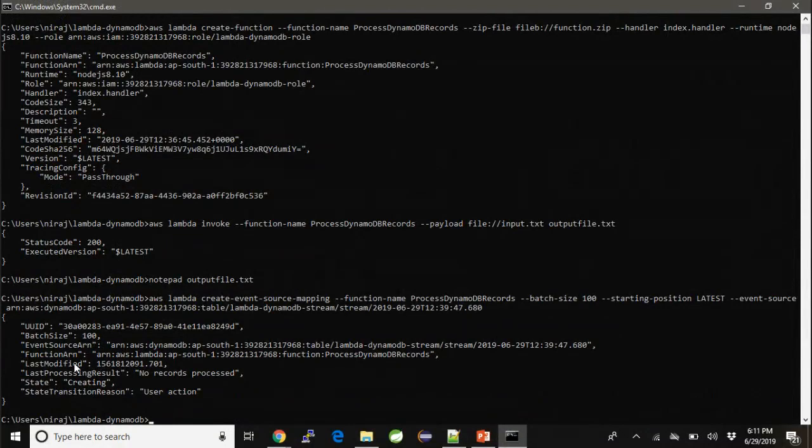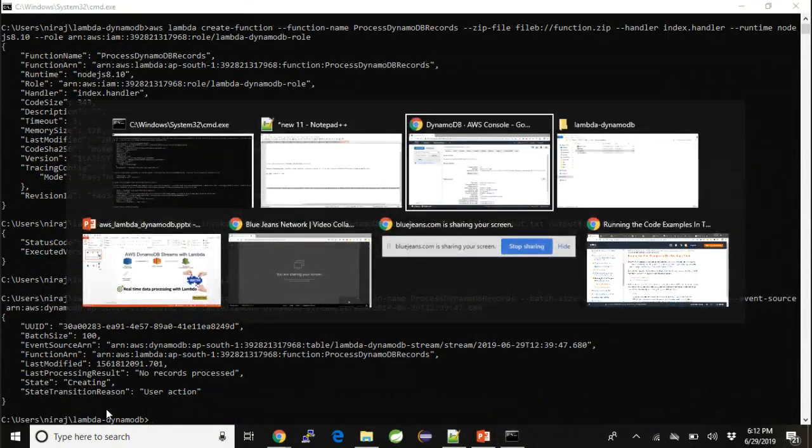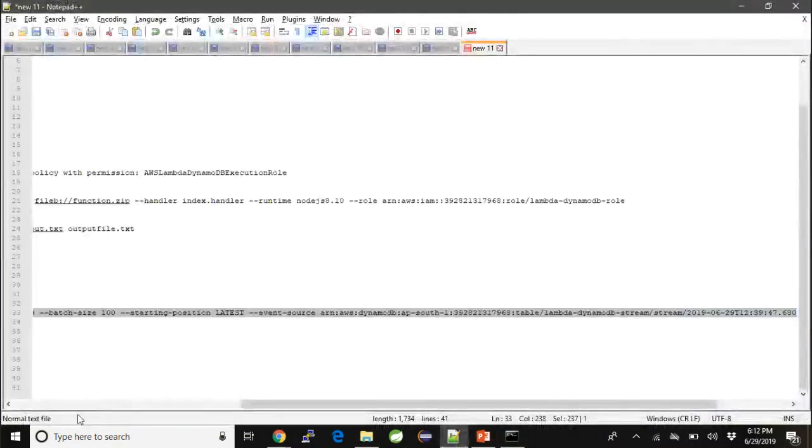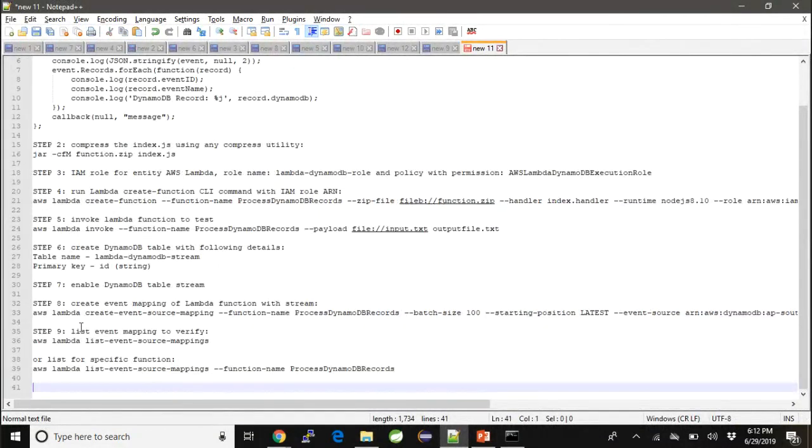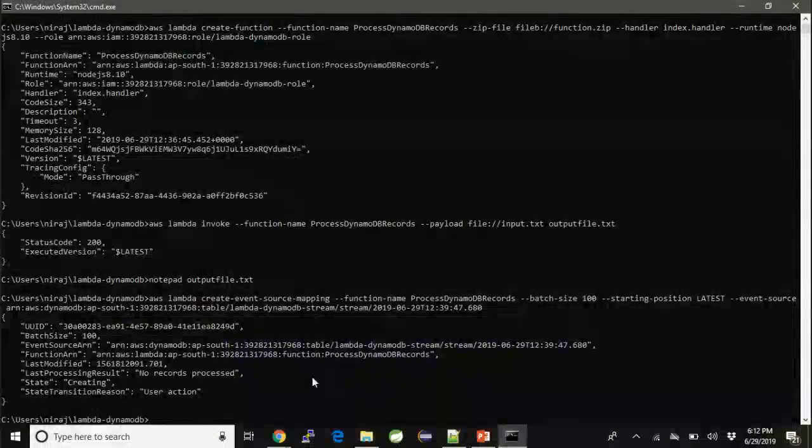So here, after hitting the command, you should get everything fine. That says that there is no problem because there's no error coming, right? If there's no error and you get some of the meta information back, like batch size, function ARN, and the DynamoDB stream ARN together, then that means things all went well. But if you go back to this statement again, after our step 8, sorry, now we can still verify if everything went well,